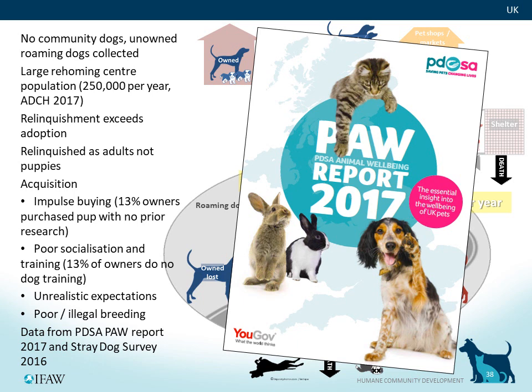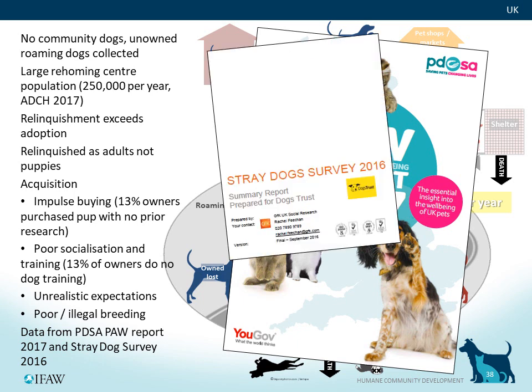I did also want to mention the PDSA PAW Report. PDSA is a charity in the UK who invest in research of pet owners every year, resulting in some excellent ongoing indicators of pet ownership behaviour. And also the Stray Dog Survey, again an investment by a UK charity, this time the Dogs Trust, involving an annual survey of all local authority facilities that handle stray dogs in the UK, providing an ongoing measure of several indicators of stray dog handling and fate in the UK. And I think both these annual surveys have been really useful for planning future DPM interventions.